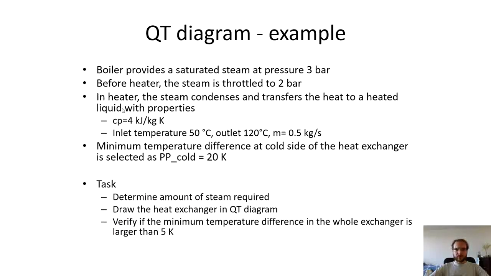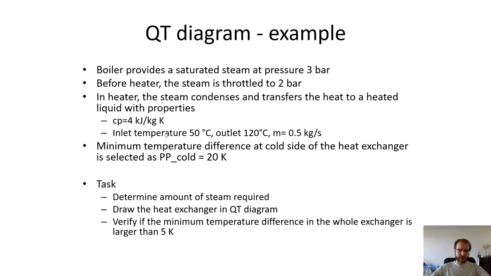Now we will go to our first example. Imagine that you have a boiler that provides saturated steam at a pressure of 3 bar. Then this steam is throttled before being utilized in a heater, where it condenses and transfers the heat to the liquid which we want to be heated up. The properties of this liquid are Cp equals 4 kilojoules per kilogram Kelvin, meaning slightly less than